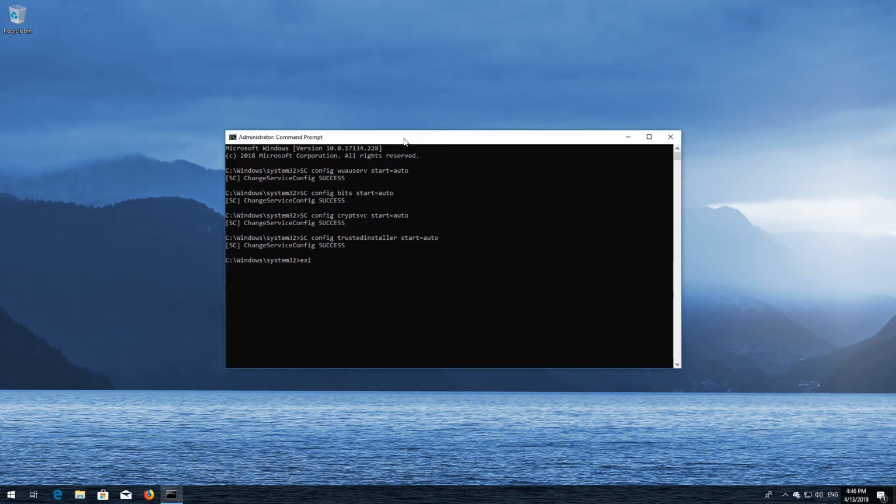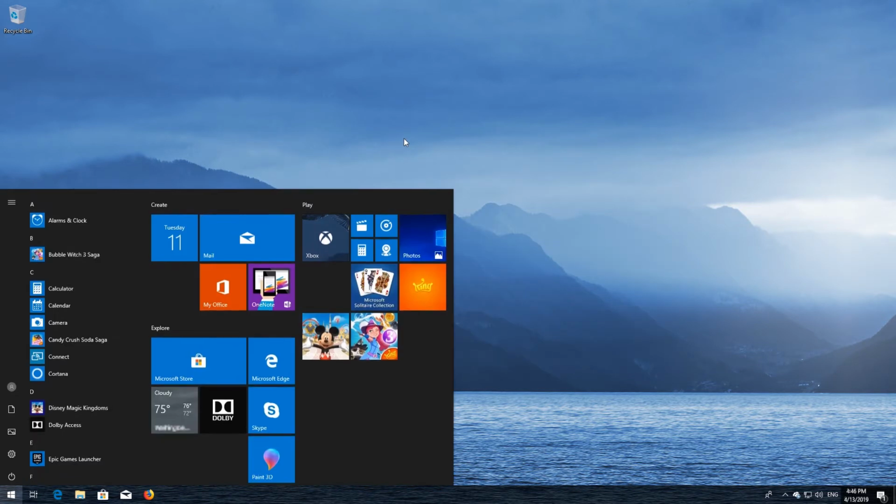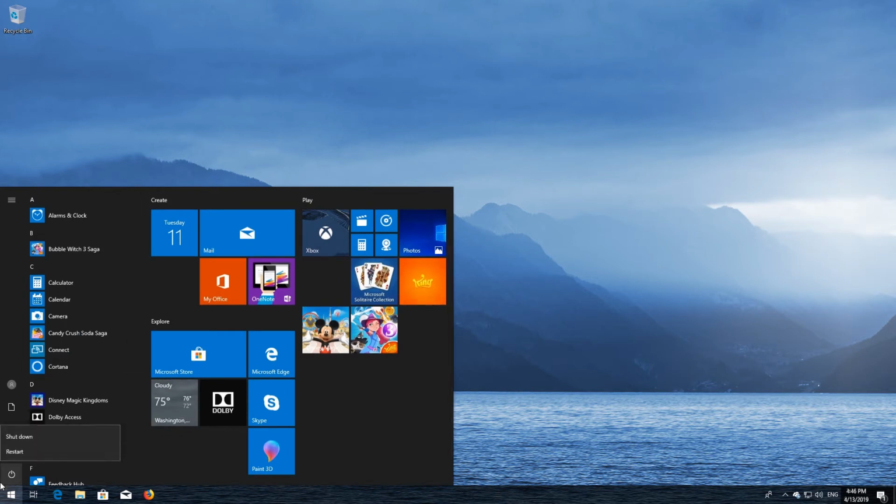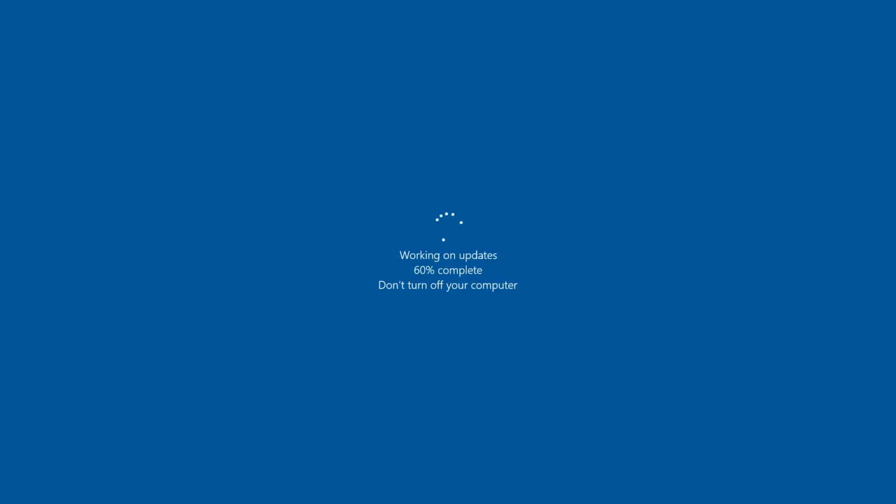Type exit and then press Enter. Restart. If that didn't work,